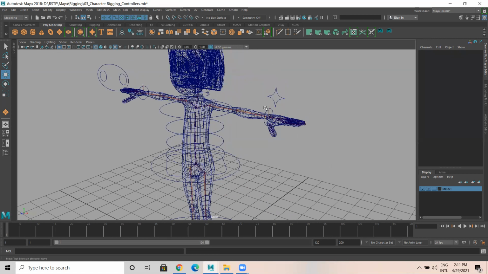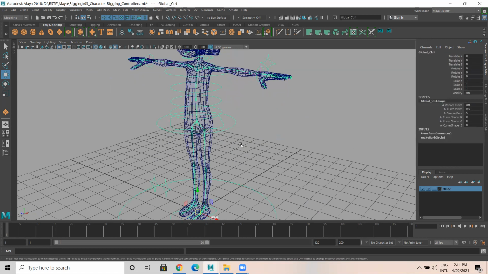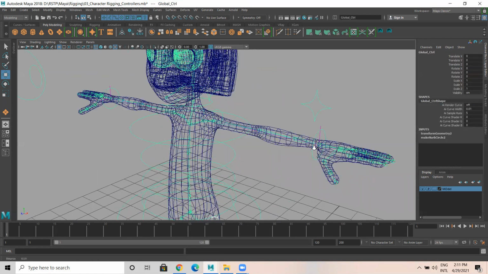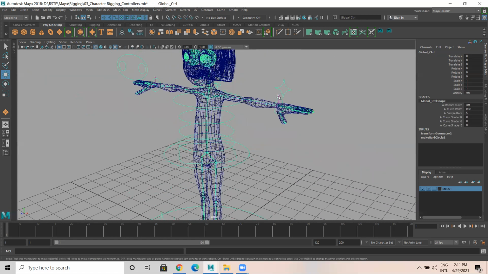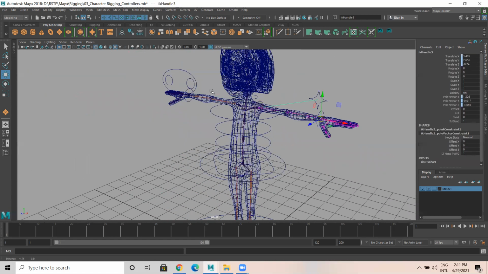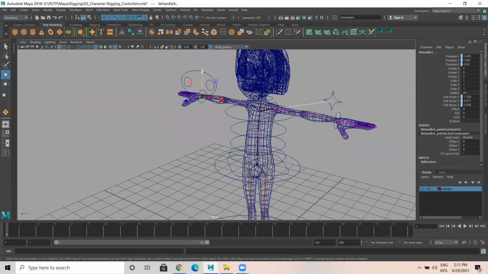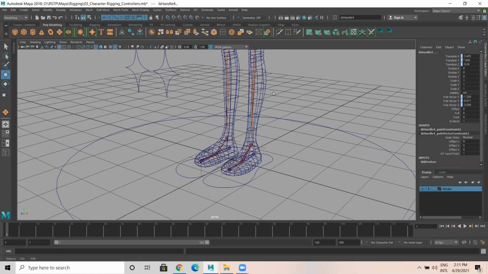See, how do you know that it is not done? When you select this, the IK handles are still in pink color. Okay, so that means it's not done. So now I'm just selecting the IK handles, both hand IK handles and leg IK handles.